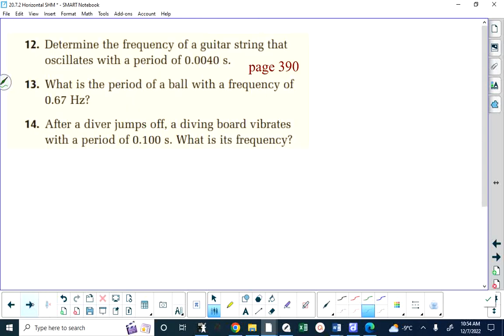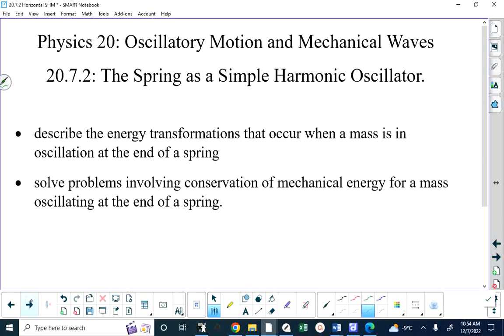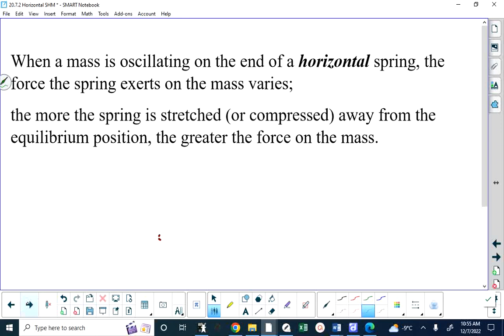We're looking today at what's called a simple harmonic oscillator, but specifically the spring system, where we have a mass oscillating on a spring, and more specifically, for a horizontal spring. So we're going to describe the energy transformations that occur when a mass is in an oscillation at the end of a spring, and we're going to solve problems involving conservation of mechanical energy for the oscillation. To begin with,